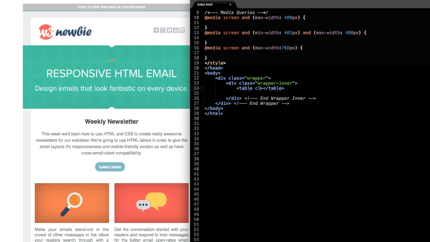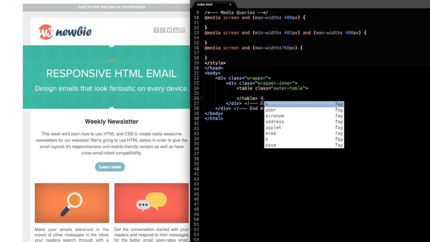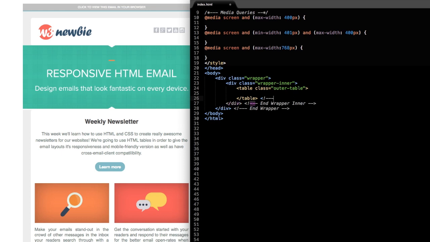While we're creating the email template here, we're going to have a couple of different table classes that make it so we can have it full width, which when we style it is going to be 670 pixels wide, and then the inner tables, where it's going to be 610 pixels, and that's where we're seeing the white section with the gray off to the side of it from the wrapper inner. Alright, so I'm just going to create a note here saying that this is the end of the outer table,